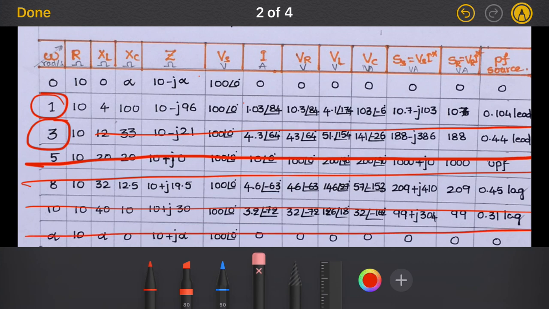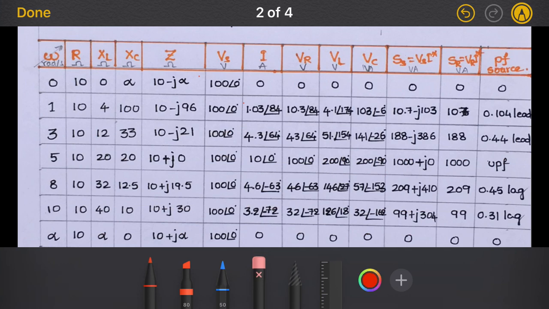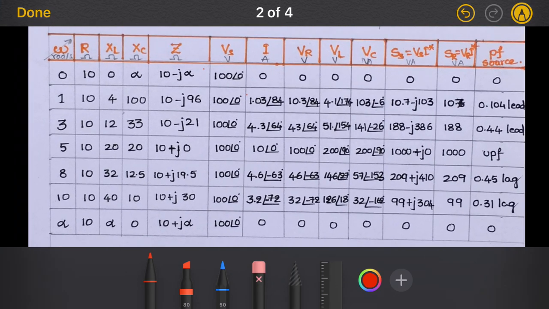Now with the different values of frequency from 0 radians per second to infinite radians per second, or 0 hertz to infinite hertz, if you calculate all parameters in between these frequency ranges, then we'll get these values. Now let me conclude from this data here. If you clearly notice,